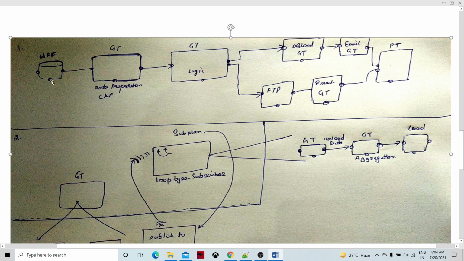You are seeing the round things here, right? Three things. Like we have ports in a graph, we have connection points in a plan. These are the three connection points. Mostly there are three connection points in a particular task. This is the input connection point, this is the output connection point, and this is the failure connection point. So for all the tasks, there will be three. I have made it round here.